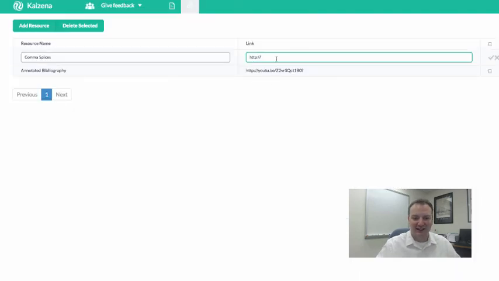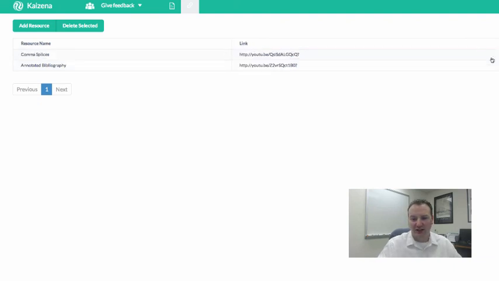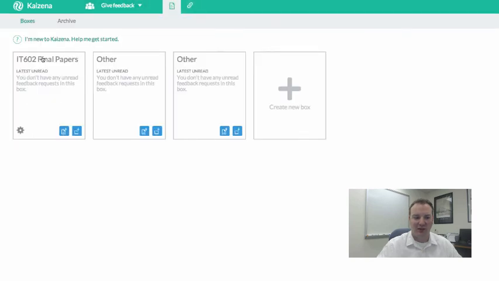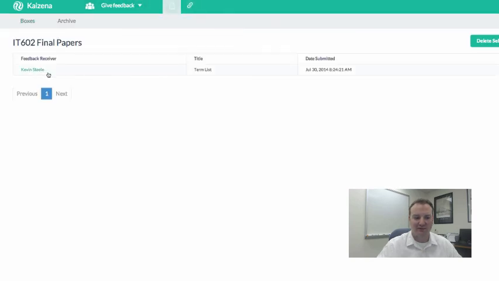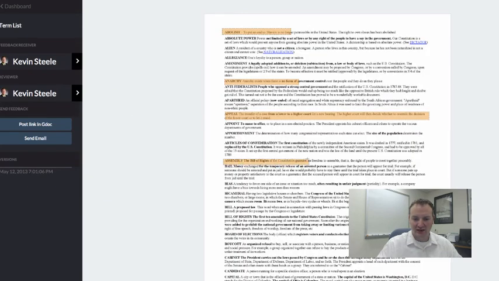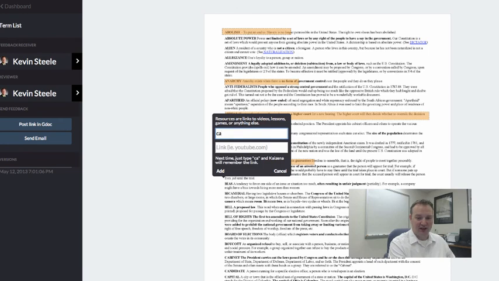We go back to Kaizena's resources. We paste that URL in, we hit green, and we're ready to go. Now when I want to give feedback, I just type the name of my resource that I'm linking to, so I hit that link button. Let me go ahead and show you how that works again. I can come back here and I hit link, and I might say comma,